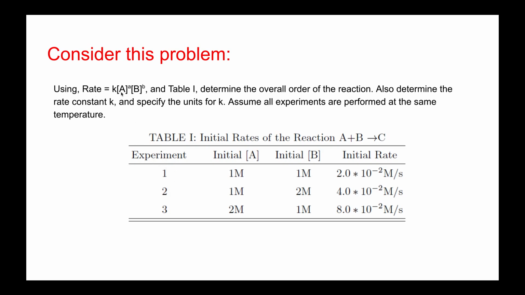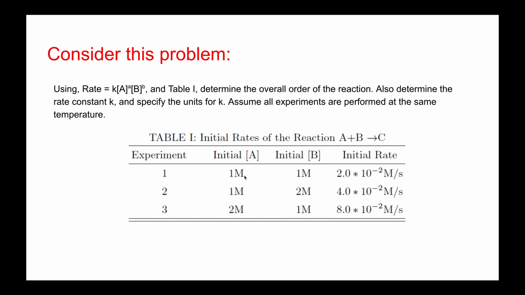We can use the rate equation twice. We can say rate 2 is k. We don't know k yet. We have the concentration of A, 1 molar, so we put a 1 there. We have the concentration of B, 2, so we put that there. Then for experiment 1, we do the exact same thing. Rate 1 is equal to whatever this initial rate is. The concentration of A is this, the concentration of B is this. So then if you take the ratio of those two,